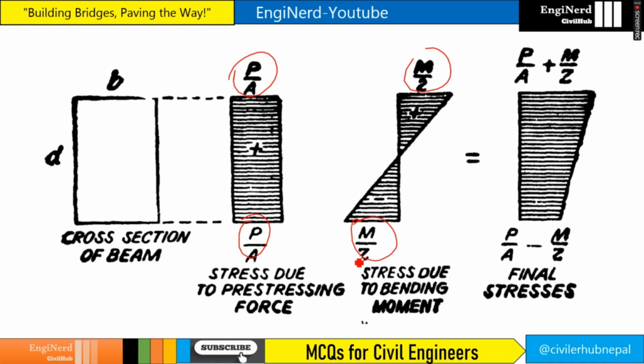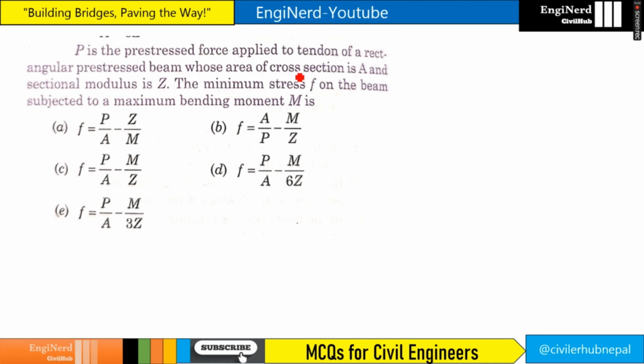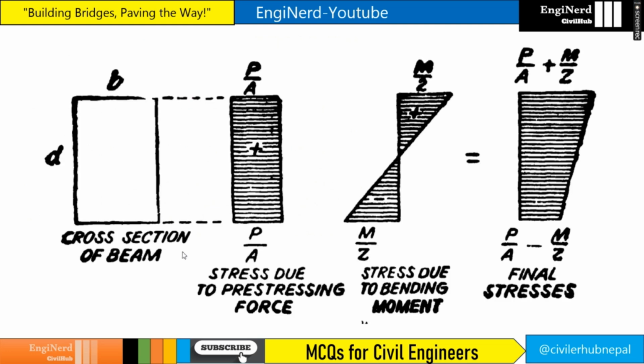Next, you can see here P by A due to prestressing force and M by Z due to bending moment. And here maximum is P by A plus M by Z, and minimum is here, right? So here it's asked as minimum stress, so we can say P by A minus M by Z. Okay,